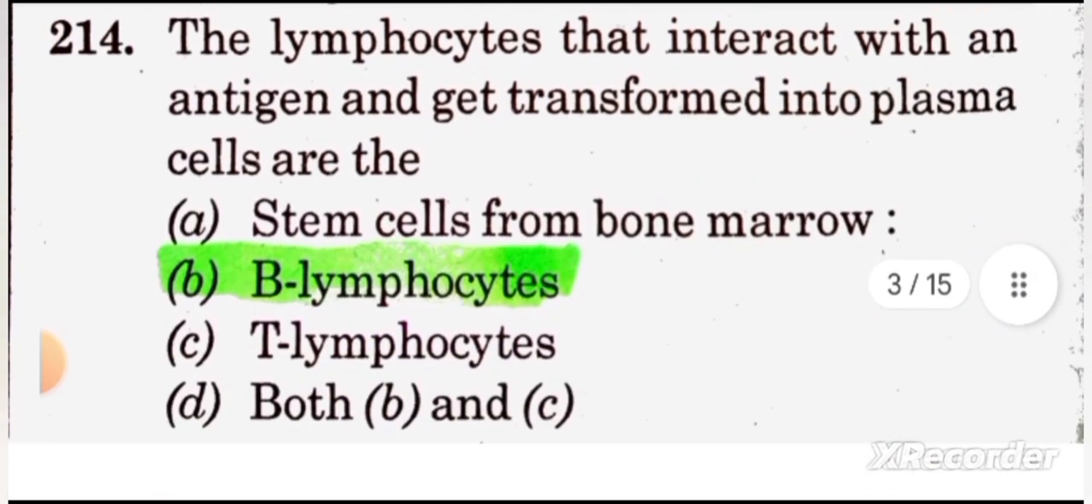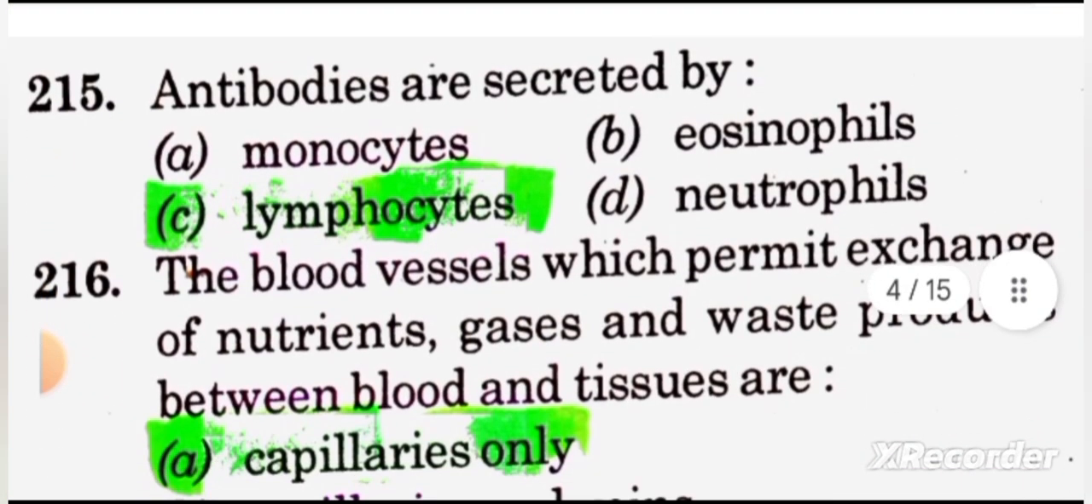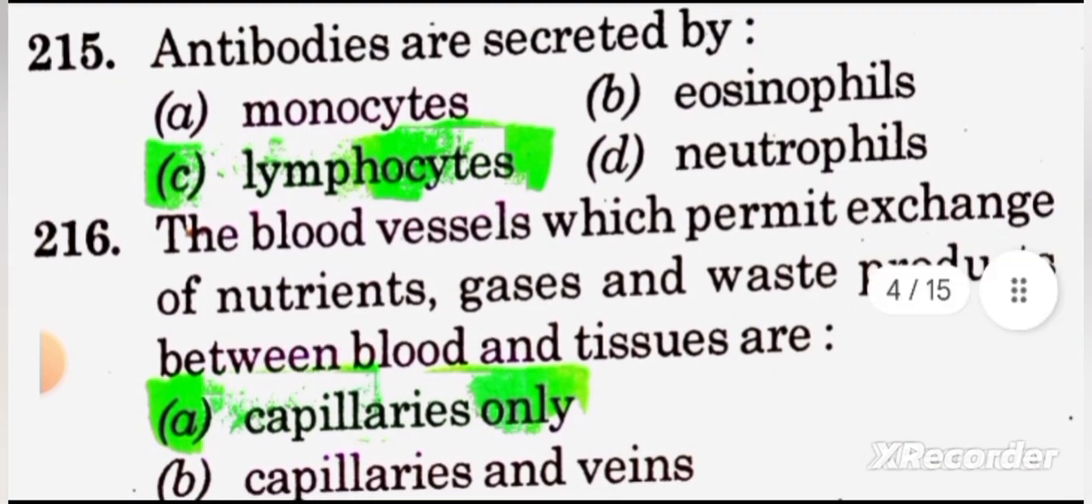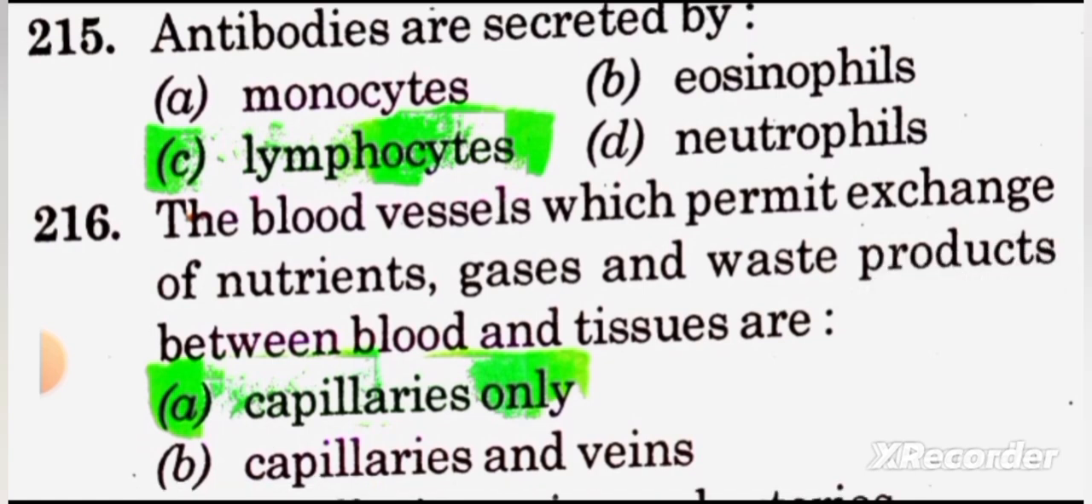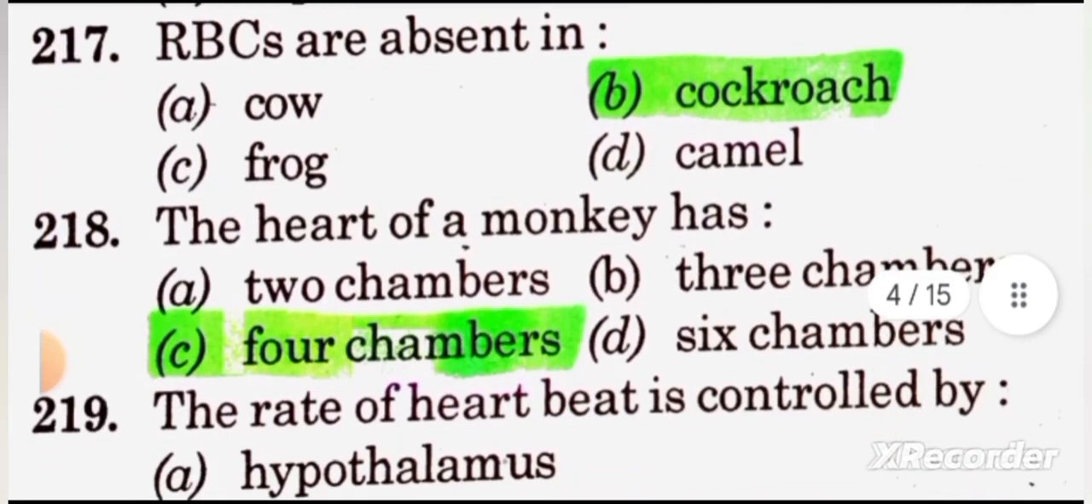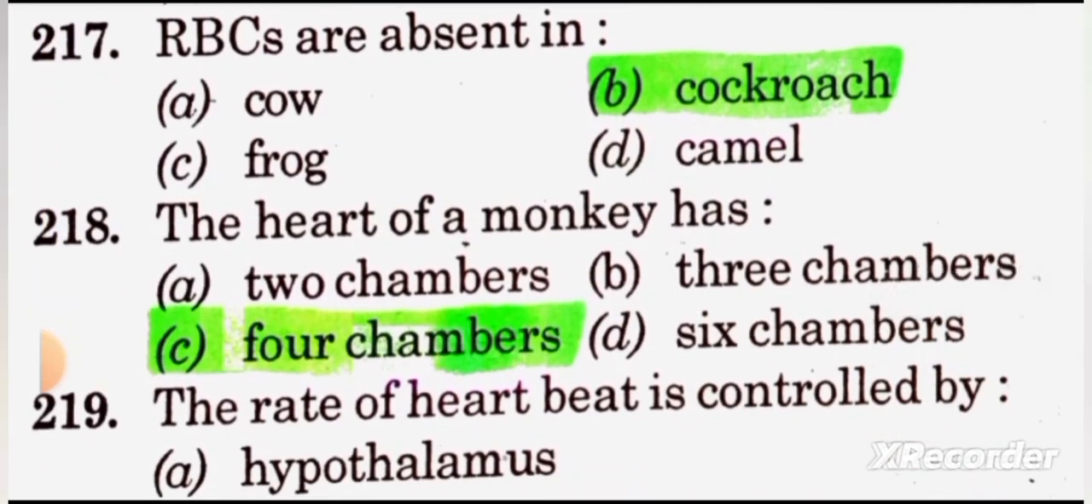214. The lymphocytes that interact with an antigen and get transformed into plasma cells are the answer B, lymphocytes. Next, 215. Antibodies are secreted by answer C, lymphocytes. 216. The blood vessels which permit exchange of nutrients, gases and waste product between blood and tissues are answer A, capillaries only. Next, 217. RBCs are absent in answer B, cockroach. 218. The heart of a monkey has answer C,